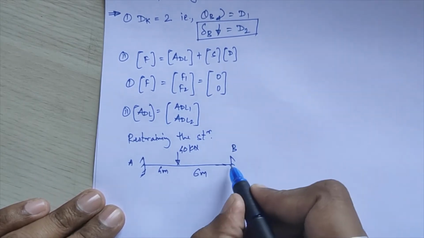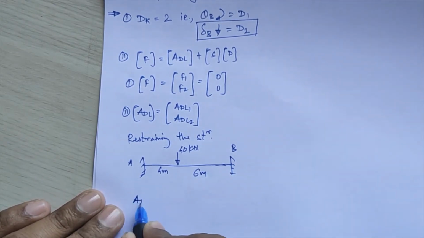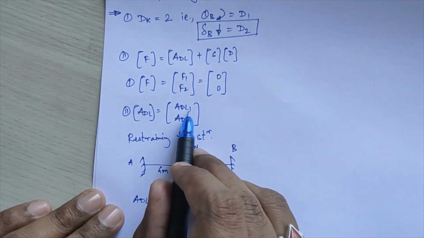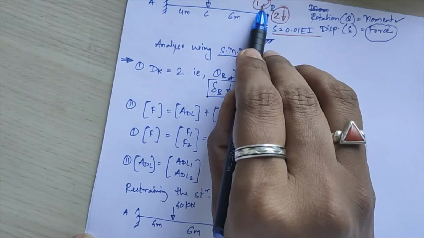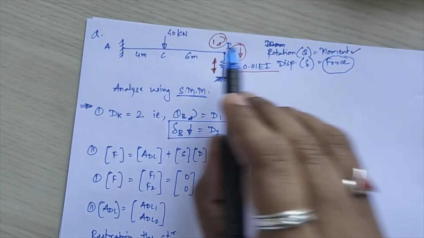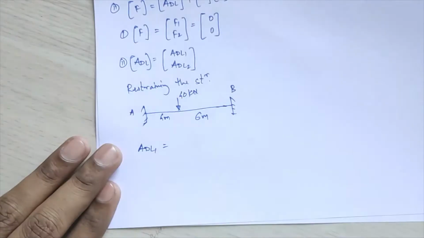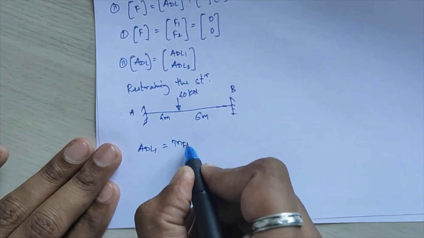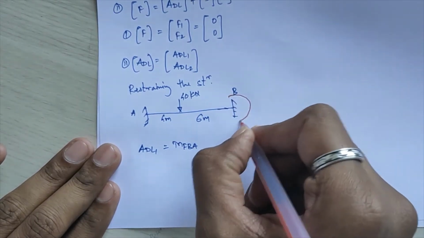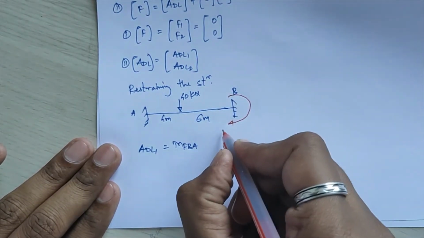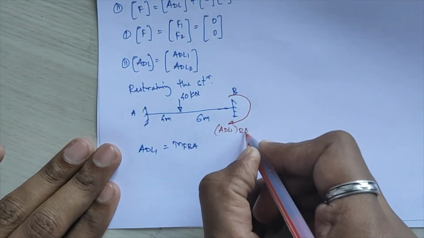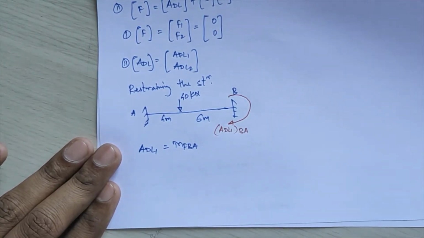Okay, so here your ADL1 value will be equal to your selected fixed moment at your first coordinate. So first coordinate is for rotation over here, so you have to check whether the moment is acting, or that moment will be equal to MFBA. So here if I mark my first ADL1, that will be for BA member.